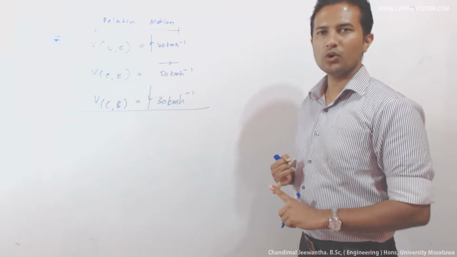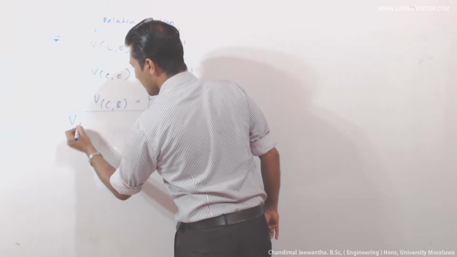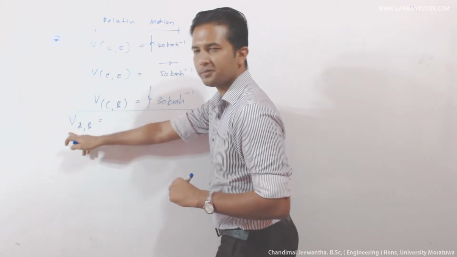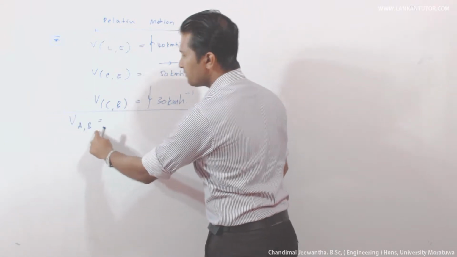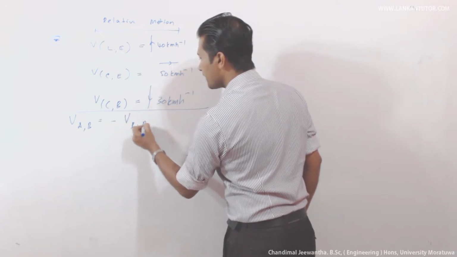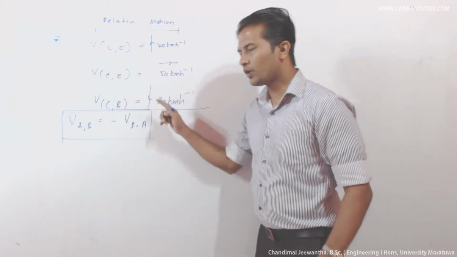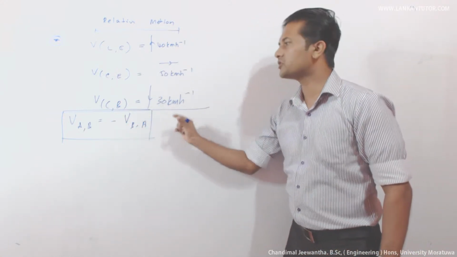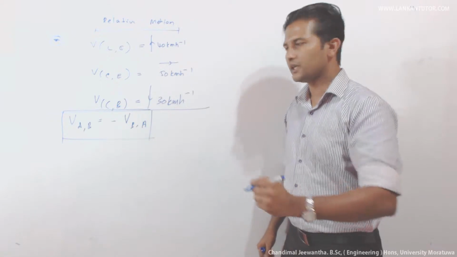Right. Now we can move on to finding VAB, which means velocity, acceleration or displacement, especially the motion of A relative to B, can be found using velocity of B relative to A, which means you have to take the opposite direction of velocity of B relative to A, which gives you the velocity of A relative to B. You have to get the opposite direction.